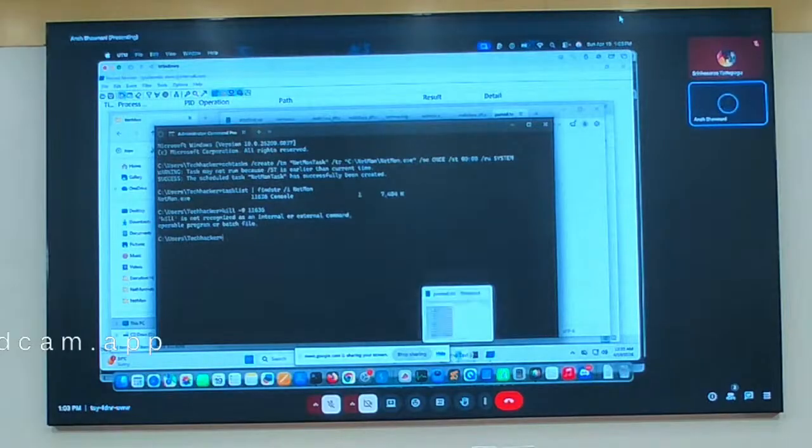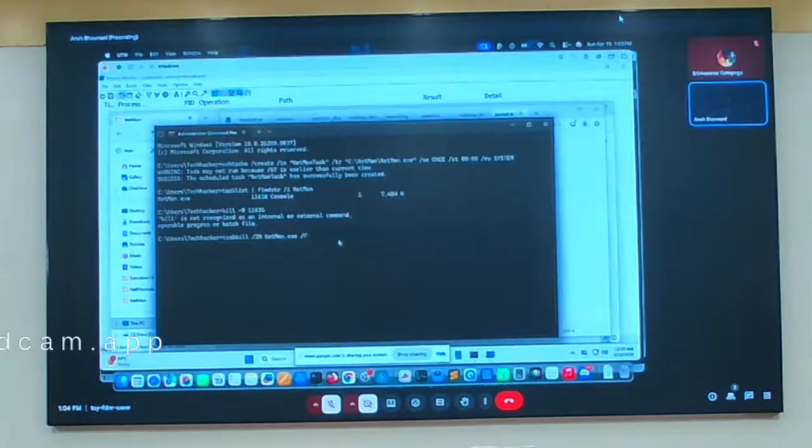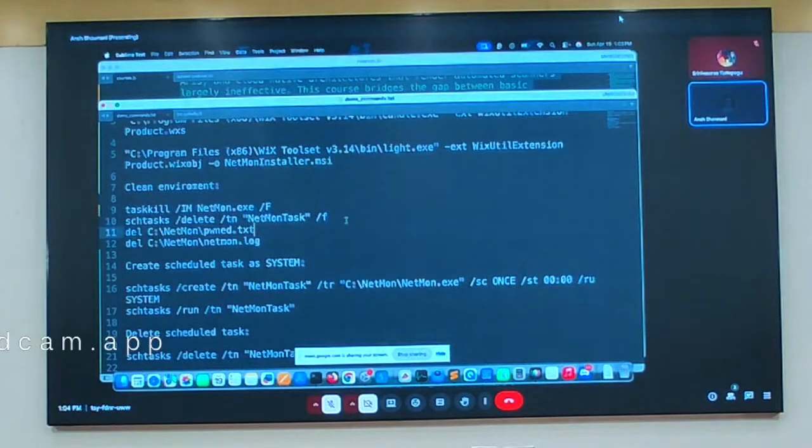See the command for process kill, task kill. Okay, that process is dead now. I've created a scheduled task. Now I'll run that scheduled task. So this happens a lot